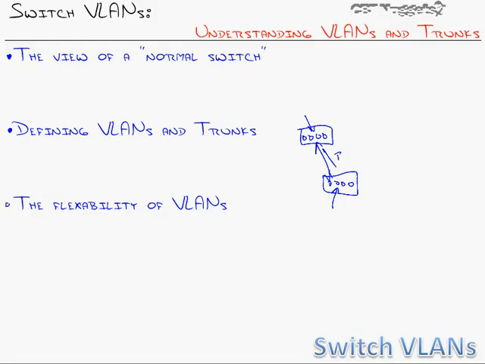Now, last but not least, we talked about the flexibility of VLANs and saw some of the possible design options where with VLANs you can actually span between buildings and have people in separate buildings that are normally on different subnets be a part of the same subnet because we've used VLANs to do our segmentation. It gives us ultimate flexibility with where our users are located because we're no longer limited to the physical location. I hope this has